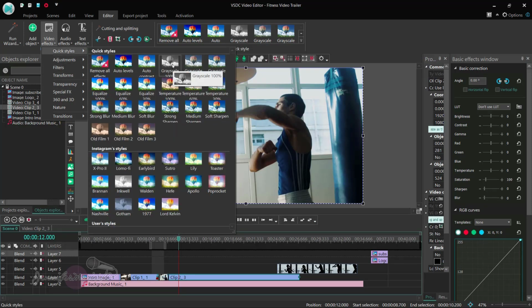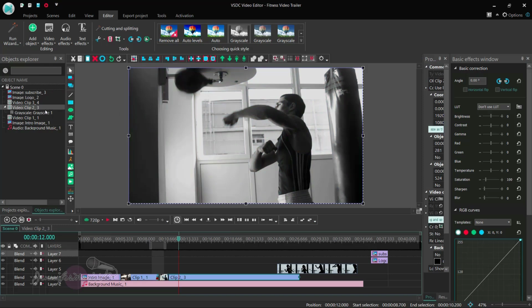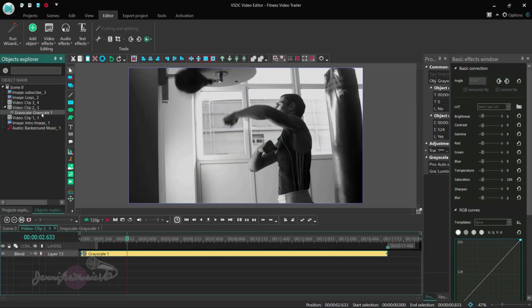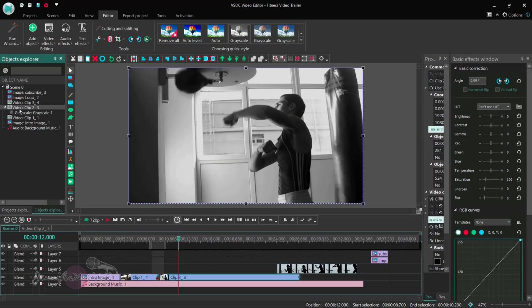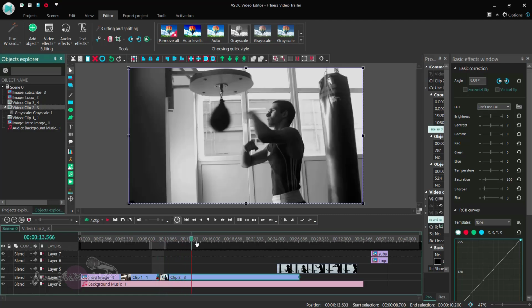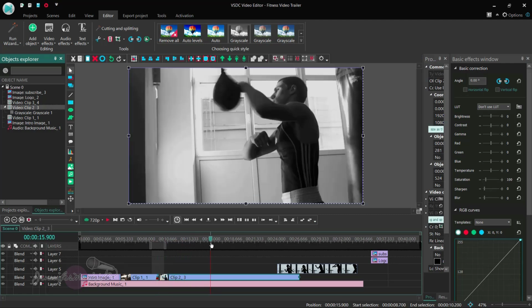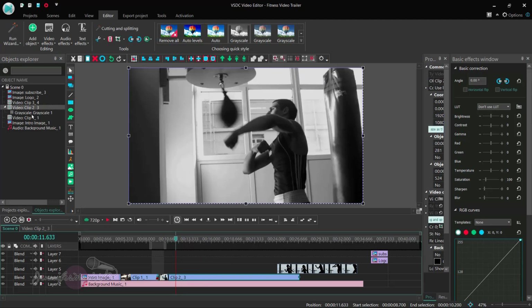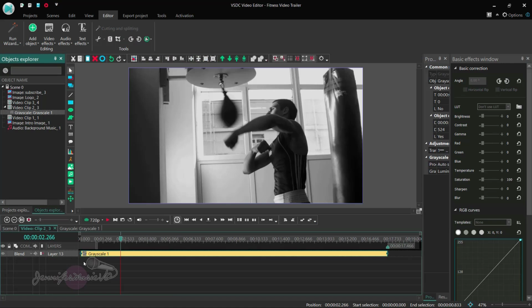I'm just going to click on it, and now you can see that this effect has been applied to this entire video clip. But let's say I don't want the black and white effect to be throughout the entire clip. I just want it to be a part of the clip. What you can do is click right here on the effect, and then that will let you adjust the length